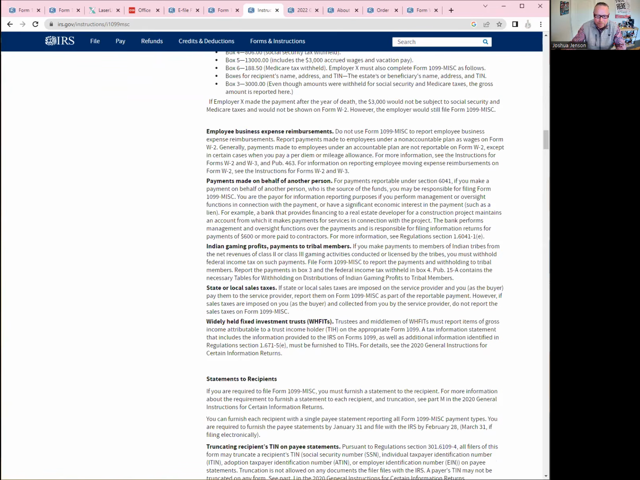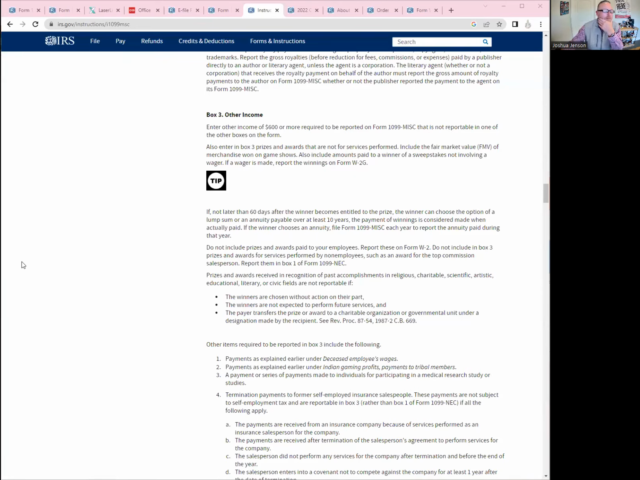Let's see, a couple other things here. So this is addressing box 3, other income, on the Form 1099 miscellaneous here. And basically what it's saying is that you use box 3 if it's not reported in one of the other boxes. And so what I was telling you earlier is, if we have a client and they're sending the 1099